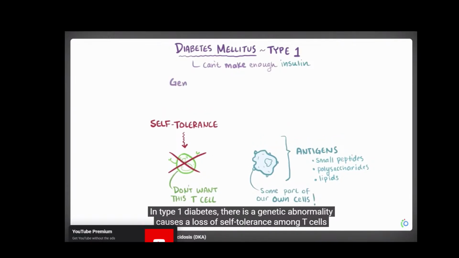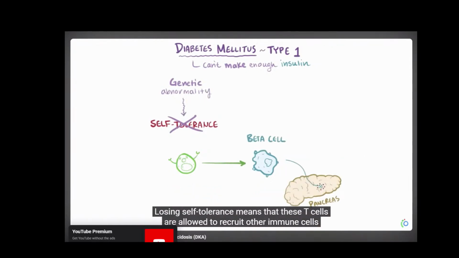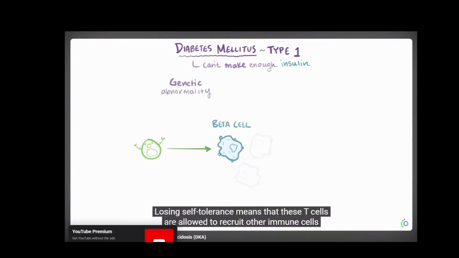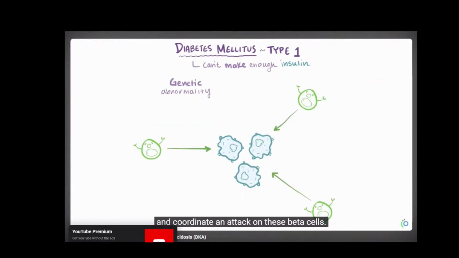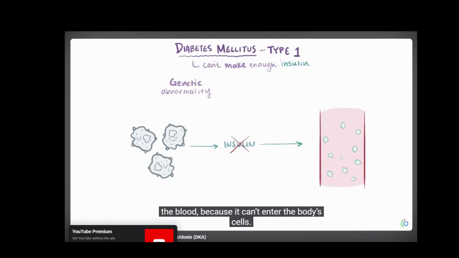In type 1 diabetes, there's a genetic abnormality that causes a loss of self-tolerance among T cells that specifically target the beta cell antigens. Losing self-tolerance means that these T cells are allowed to recruit other immune cells and coordinate an attack on these beta cells. Losing beta cells means less insulin, and less insulin means that glucose piles up in the blood, because it can't